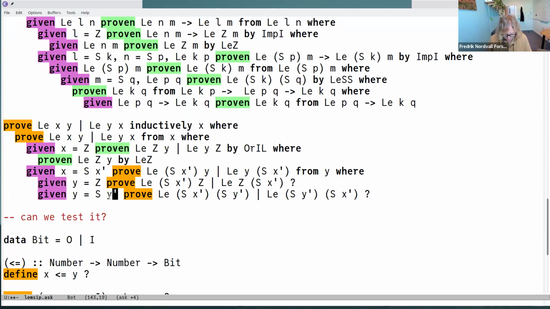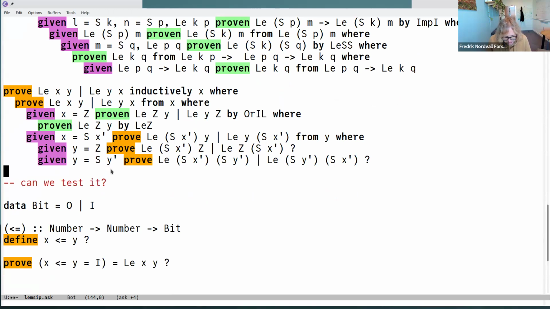So of course, I'm only choosing y prime to remind myself that this is related to y somehow, but the name itself doesn't actually matter, right? Okay, so let's see. I have these two cases, and the 0 case is usually the easier one, so let's look at this one first.